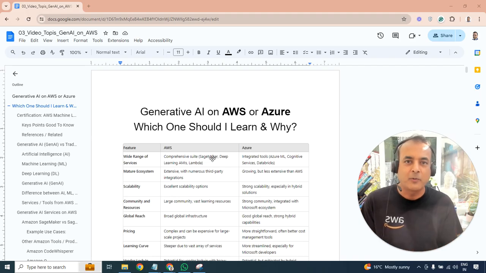Probably you know that Amazon uses it everywhere, from delivery to Amazon shopping and e-commerce, extensively. Microsoft Azure is catching up now on the plus side, and they also have OpenAI, so that's a big advantage for them as well.